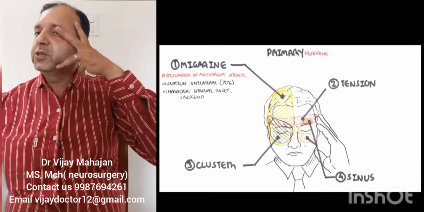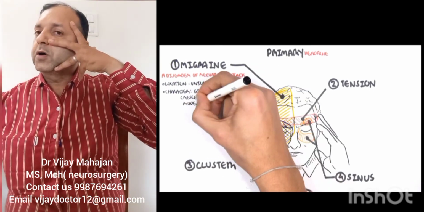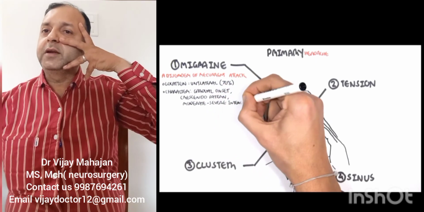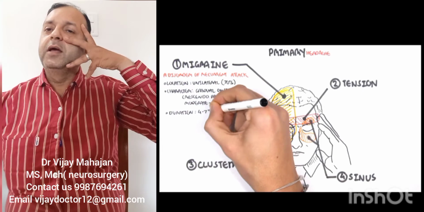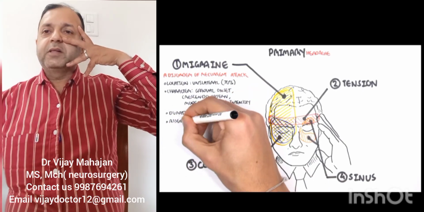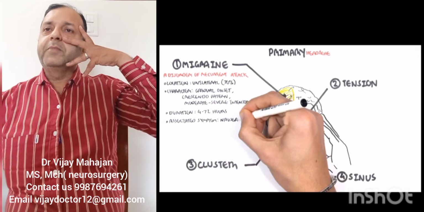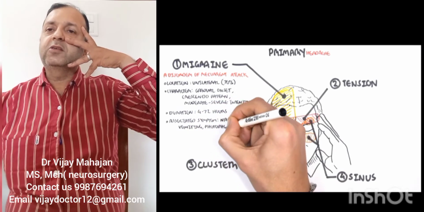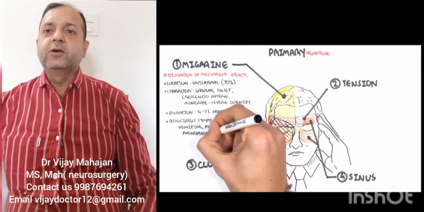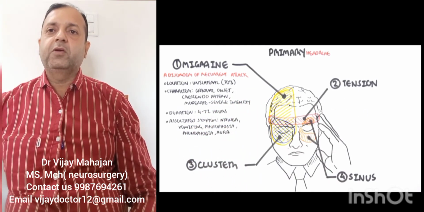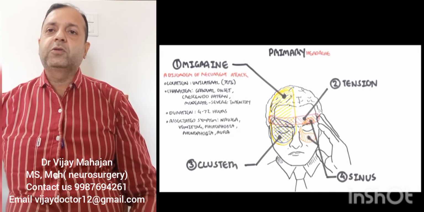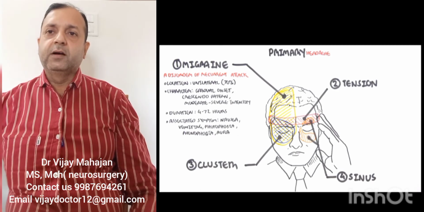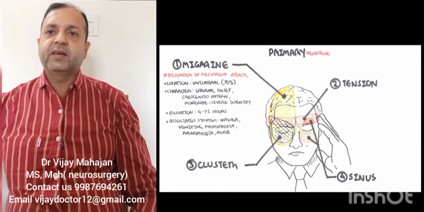There are three divisions of the nerve, so accordingly we have divided the name, and such patients are given carbamazepine, or Mazetol, for at least 6 months to 1 year to relieve symptoms of trigeminal neuralgia. There are other modalities and treatments also available for this disease, but we'll talk about this later on.